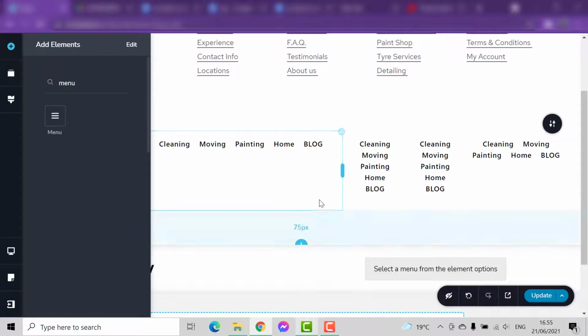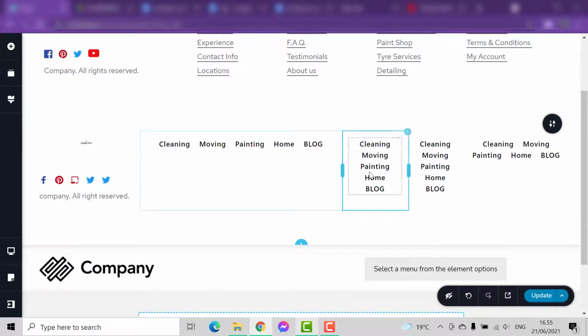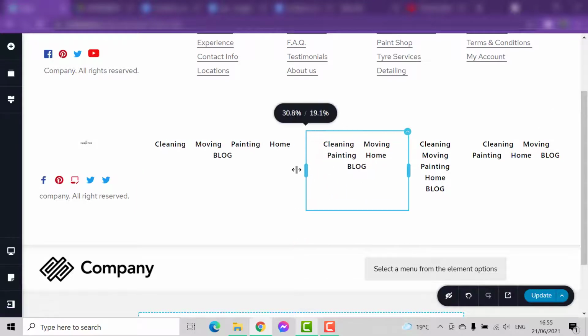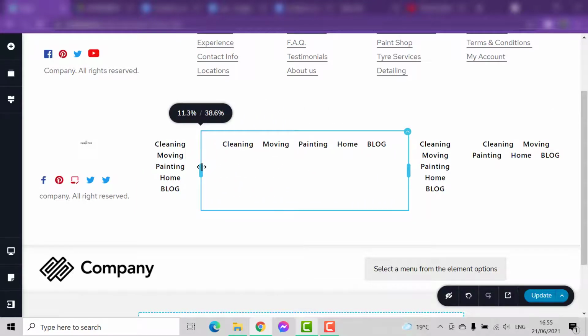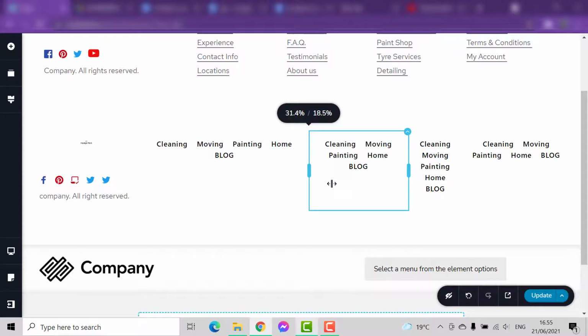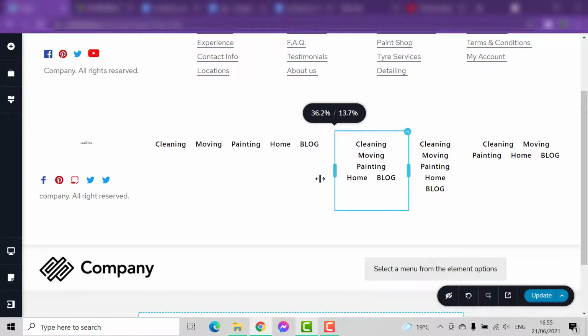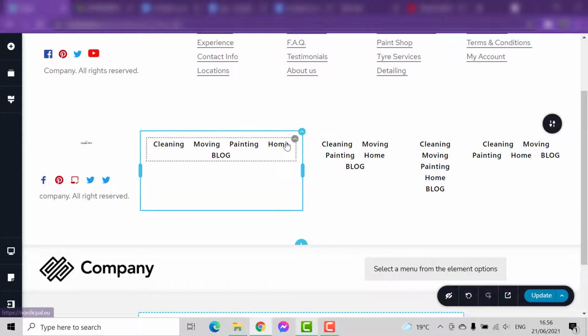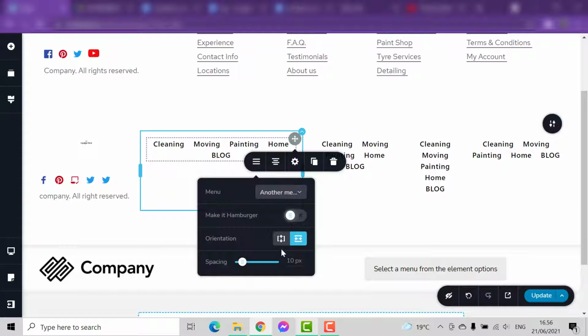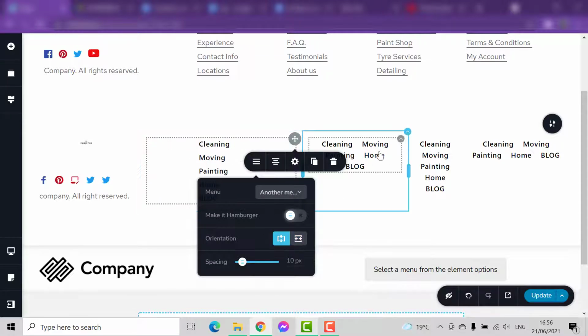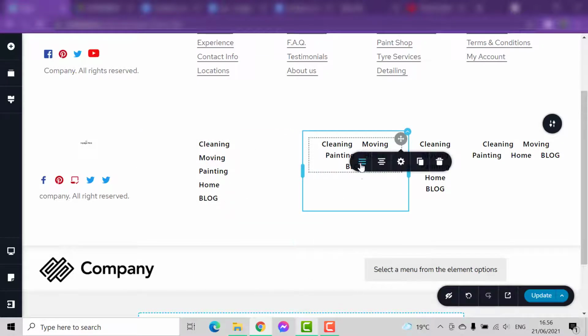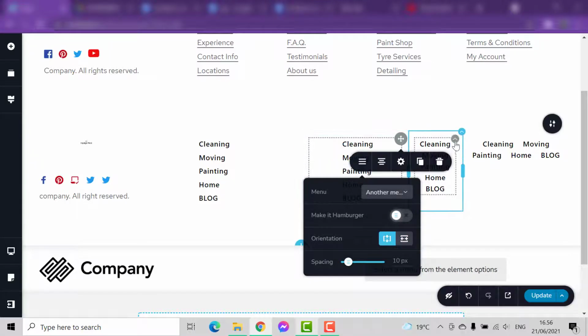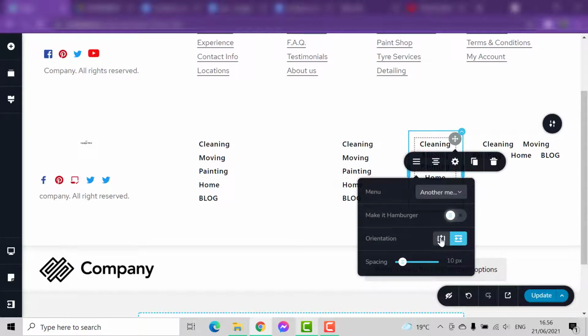So usually all of the menu is in horizontal position, but if the space becomes lesser, they automatically move to vertical position. But you can actually do it manually. You just go here, press here, and now you can see the orientation. It is now vertical. And also you go here, press here, orientation vertical. So for each item, if you would like some changes,